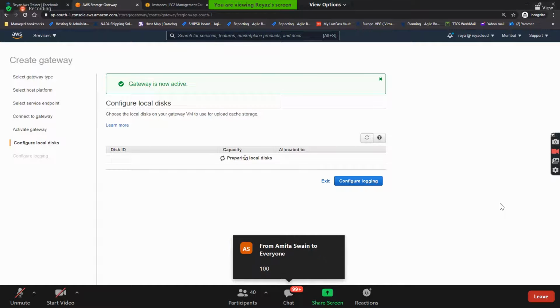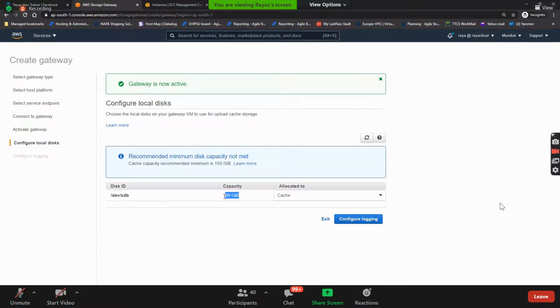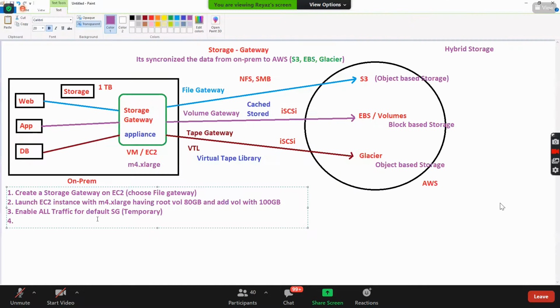It is finding out whether I have any local disk to store frequently accessed data for caching purpose. Yes, you see that we have an additional disk here with 100 GB, and it has automatically allocated it to cache, but it is asking for at least 150 GB, and we have provided 100. That's fine. You understood what we did?